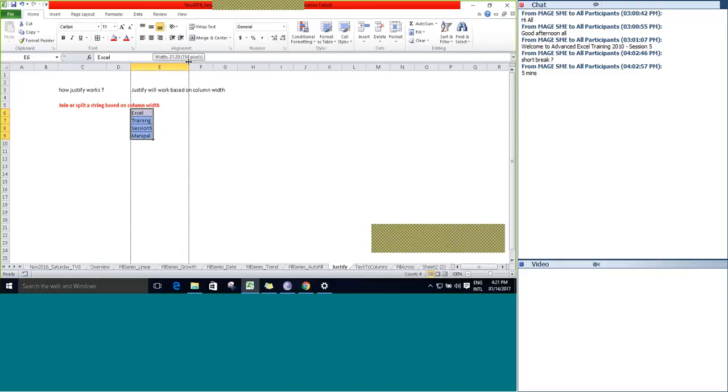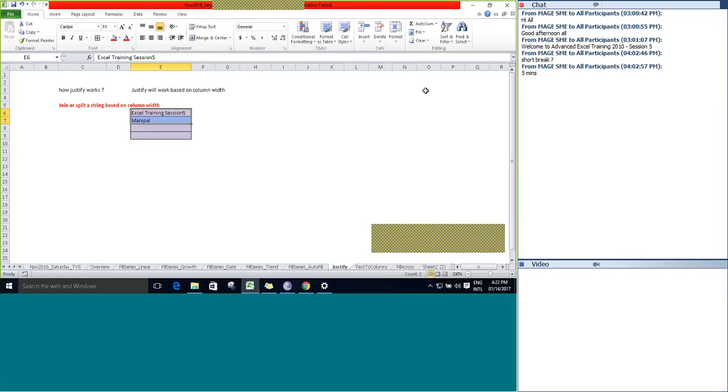If we increase the column width to some extent now, go to fill, justify. The moment I click on justify, you can see that earlier it was 4 different strings. Now the 4 strings are concatenated and displayed as 2 strings only.